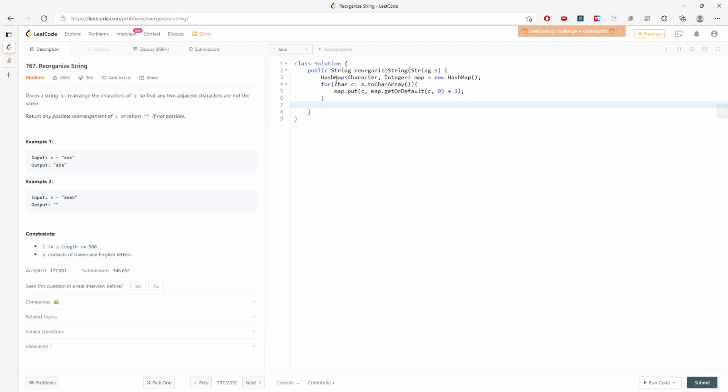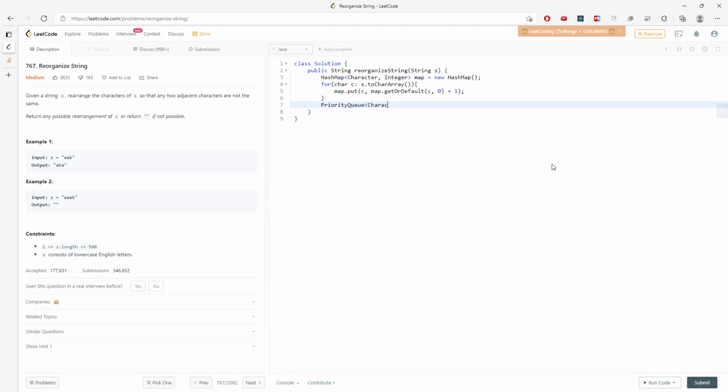This is just adding all of the characters into the map. If the character is not in the map, I initialize it to 0 and then add 1, which is the frequency. So I have the priority queue,